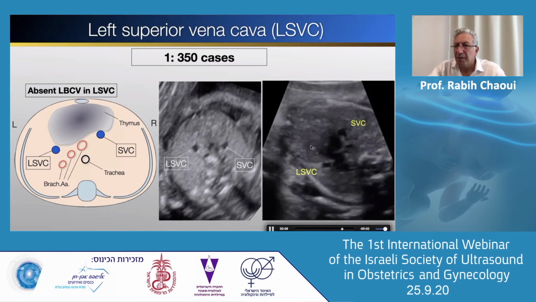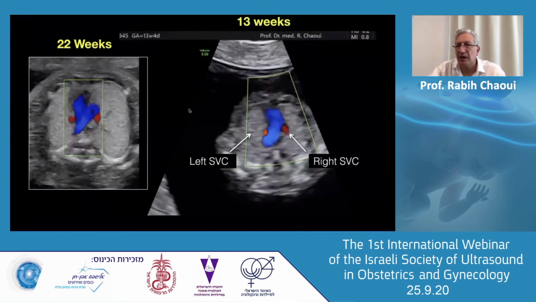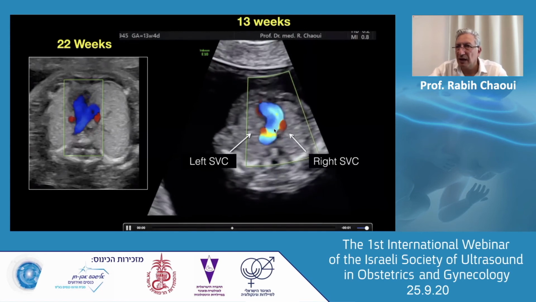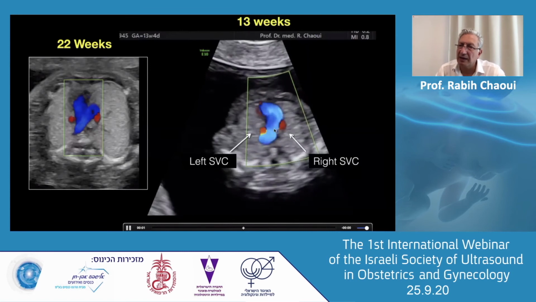Now, people tell me, no, but I see it on the three-vessel view. Why should I look for it? Another nice observation, you can use it in your daily work, is first semester. In first semester, you hardly see the second vein. At 22 weeks, it looks like this. Use the bridging vein as a hint. If you don't see the bridging vein, it is very likely that there is an absence and there is a